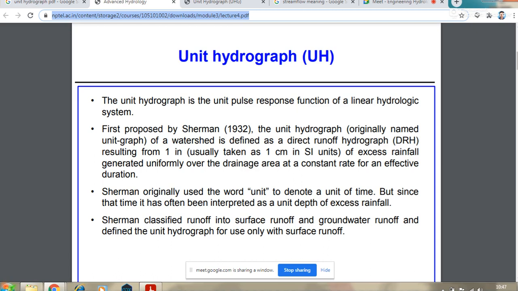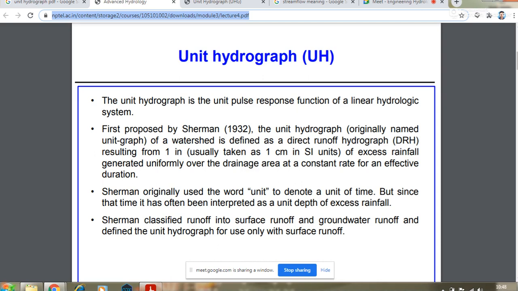ठीक है, तो ये ऑब्वियसली जो एक्सेस रेनफॉल का वैल्यू हम लोग देखते हैं ऑब्वियसली यूनिट डेप्थ के लिए हम लोग नापते हैं. ठीक है, यूनिट हाइड्रोग्राफ जब हम लोगों को बनाना पड़ता है तो उसके वजह से जो यूनिट का जो कॉन्सेप्ट है वो होगा यूनिट डेप्थ के हिसाब से. लेकिन शर्मन ने इनिशियली ये सोचा था कि ये यूनिट टाइम के हिसाब से होता है. ठीक है,